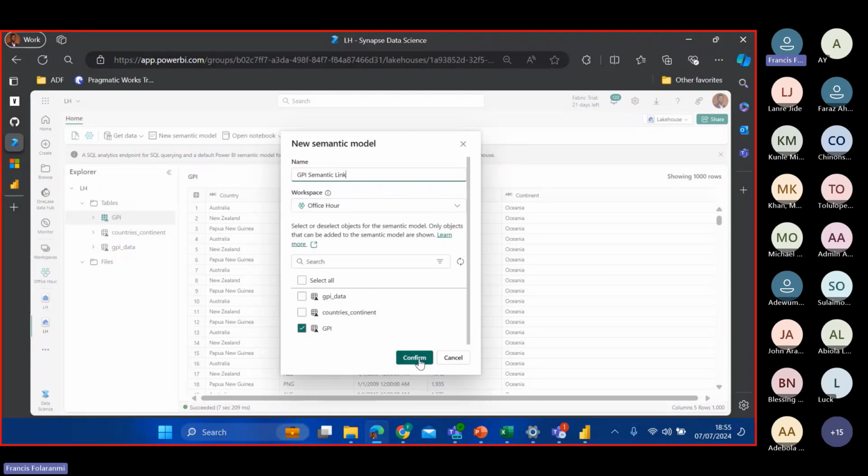Once I click that and go back into my workspace, I have it in there. Then I'm going to mention why I have to create this semantic link separately as against just using anything within my lakehouse. Once this is done loading, then I'll show you what I mean. Okay, still loading.